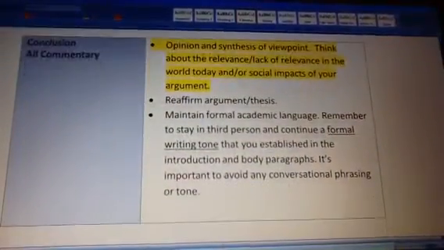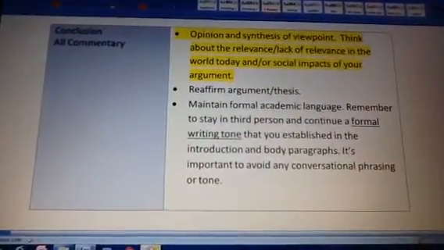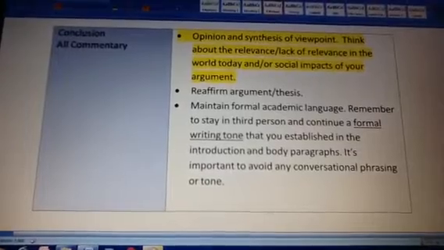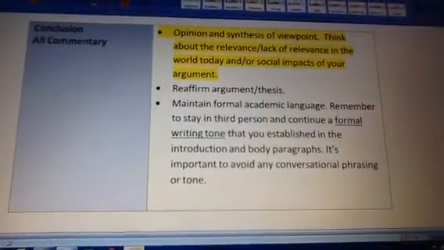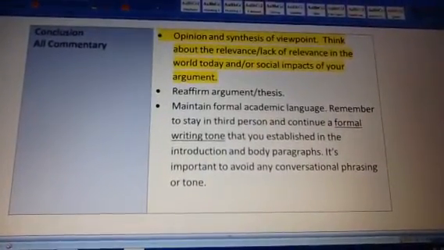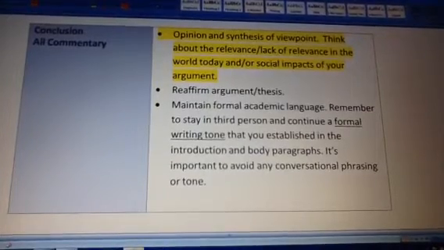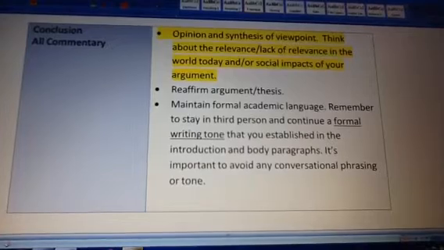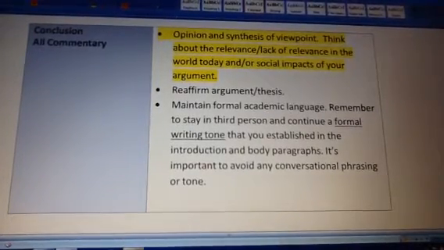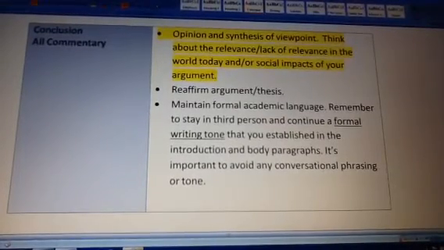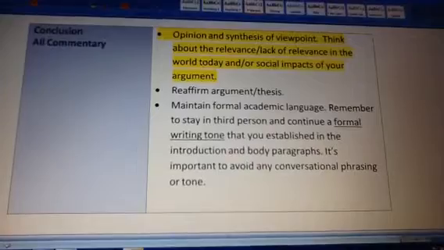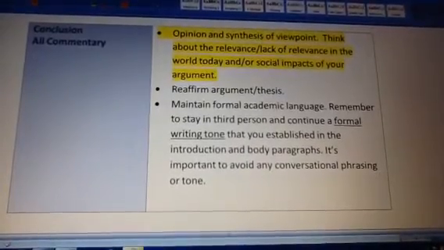Just want to point out here, I know we went over this in class, that the conclusion is all commentary. And really, when you think about your conclusion, think about that second sentence that I have highlighted. Think about the relevance or lack of relevance in the world today and or social impacts of your argument. You really want to think about big picture and significance. We've used the term widen the lens, and that will